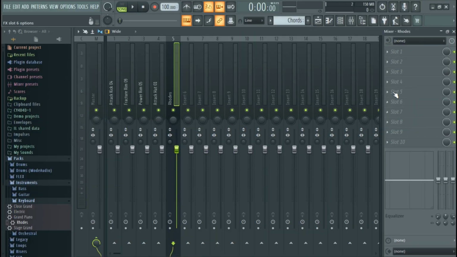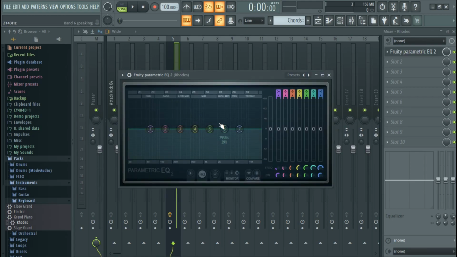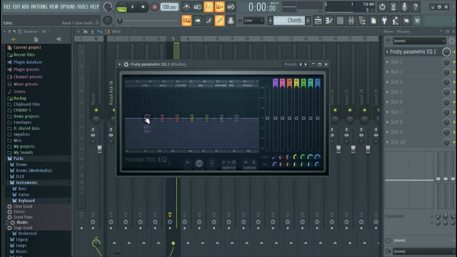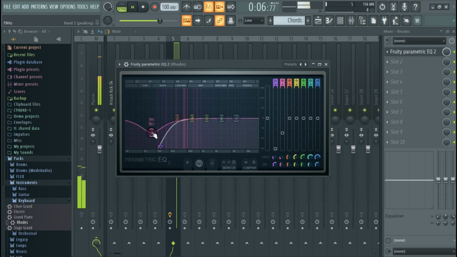So you actually have 10 slots. Basically you can just left click, it's just going to have the effect selector open, and then you can select whatever effect plugin you want to select. So once this opens up, I want to add a Fruity Parametric EQ. You can use this to remove certain frequencies from your melodies. Why I'm adding this is just to remove some of the low frequencies from the chords. So if I play it and I drag this down, I'm just going to remove the lows, like the bass,